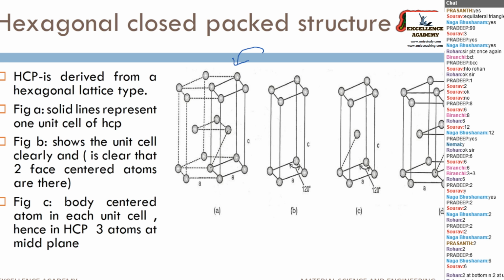Yes, you can see here, this one is the hexagonal structure. You can see that the corner atoms are placed. Top 6 is there, bottom 6 is there. You can see that this is divided into 1, 2, and 3 tetrahedra. One of the tetrahedra is taken outside. And you can see that at the center of this tetrahedron, one atom is placed. That is only for this hexagonal unit cell. Nobody can share that. Hence, 3 body-centered atoms are also there. 12 corner atoms are there. And 2 end-face atoms are also there. Is it clear to all?